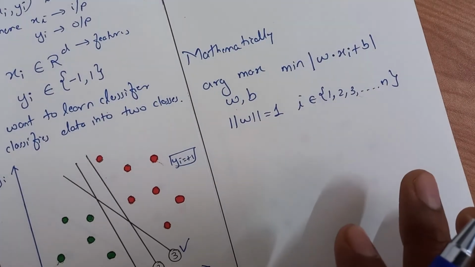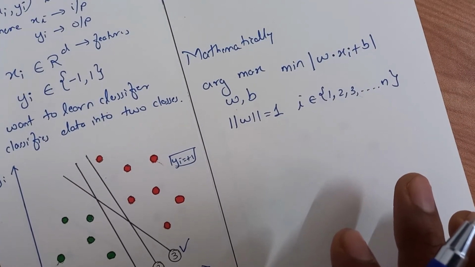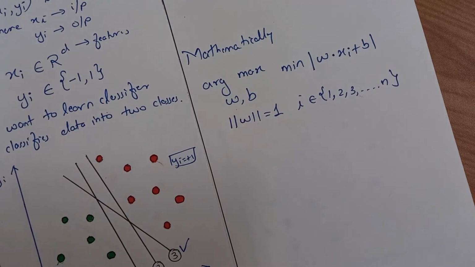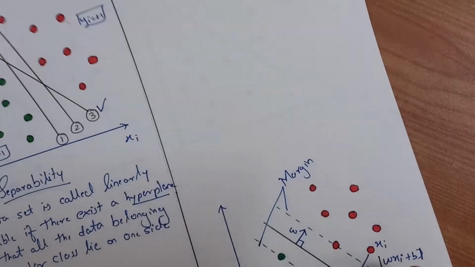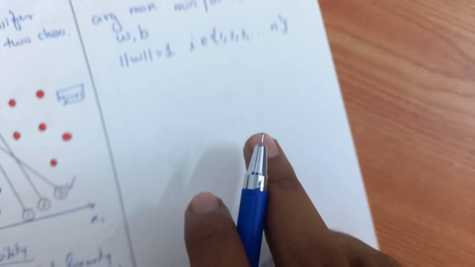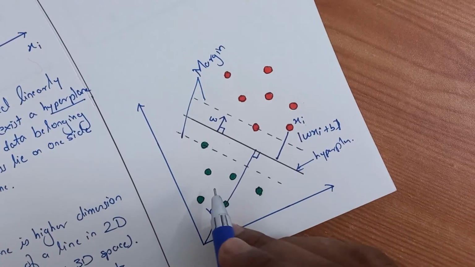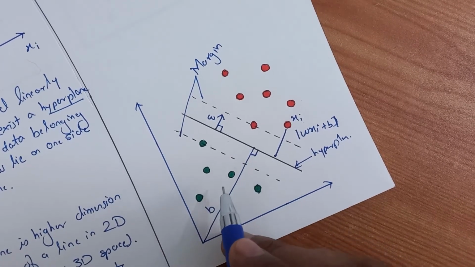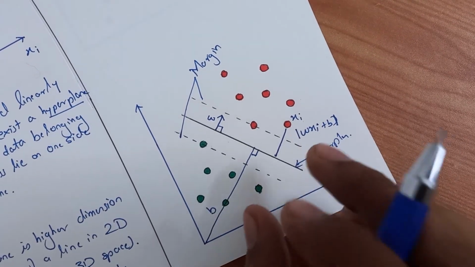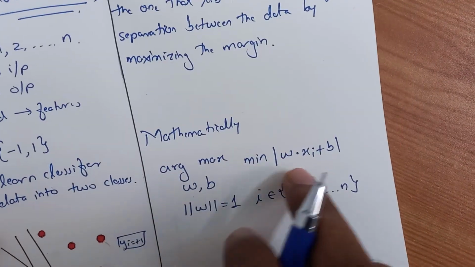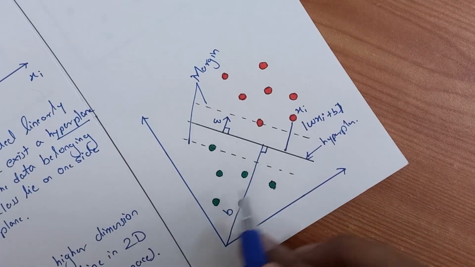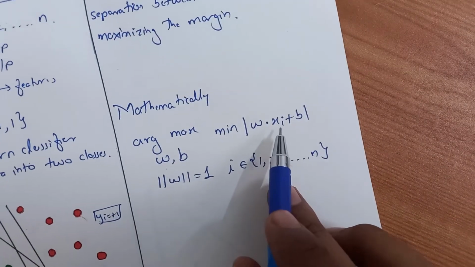So mathematically, the SVM algorithm says that you have to come up with the two values W and B such that W is an orthogonal vector on the hyperplane, and B is the distance from the origin to the hyperplane, minimizing the distance of every particular point, that means every point here, to the hyperplane. Purposely we have put the mod sign because maybe if we calculate the distance from the downside we get a negative, but distance cannot be negative, so that's why they have put the mod sign here. Every point's distance to the hyperplane gets calculated using this formula, W dot xi plus B.